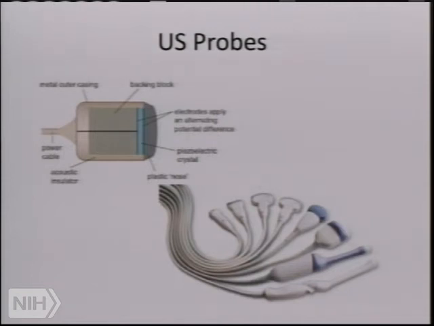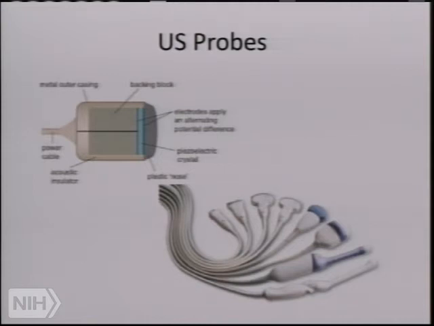So the key to the ultrasound is a probe that is usually handheld. It's a piezoelectric crystal through which electricity is passed, and that vibrates at a very, very high frequency in megahertz and sends out sound waves into the tissue. Often you need to couple the transducer to the skin using a gel because if you don't have the gel, there's an air film layer that'll just reflect the sound right back. So you need an acoustic coupling gel to make it work.